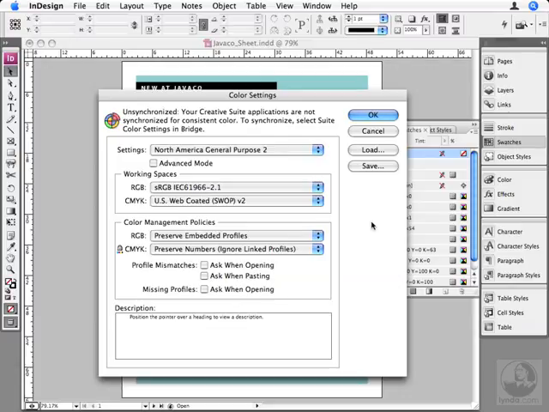As I mentioned in the last movie, it looks like you can change your current document's working spaces, the RGB and CMYK working spaces, right here in the color settings dialog box. But you actually can't. These settings are application-wide, so they only affect documents you create from now on. Instead, if you want to change the default RGB and CMYK settings for your current document, you have to use either Assign Profiles or Convert to Profile.